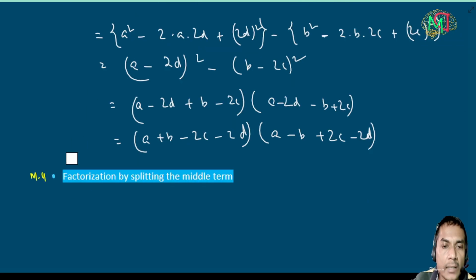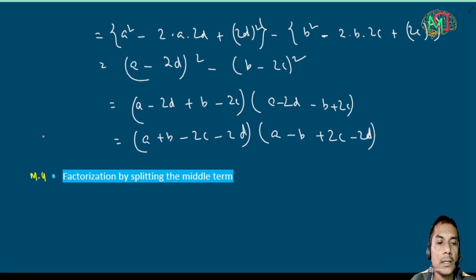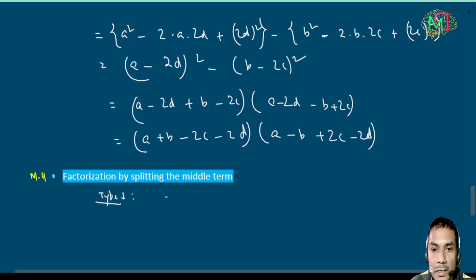And next we learn method 4, that is factorization by splitting the middle term. This is applicable to quadratic polynomials. There are also two types. First we learn type 1. Actually, if we get something like x square plus bx plus c, then what we'll do,